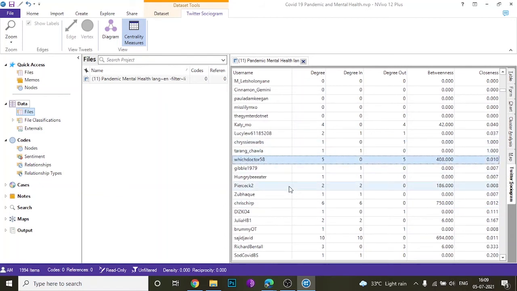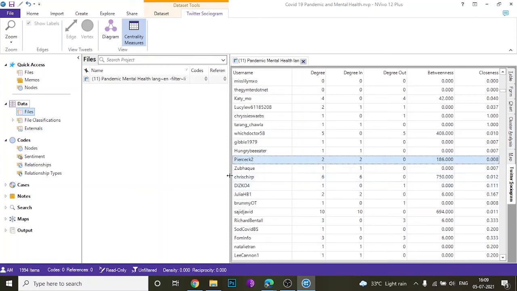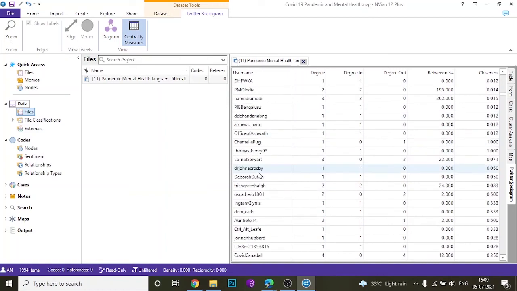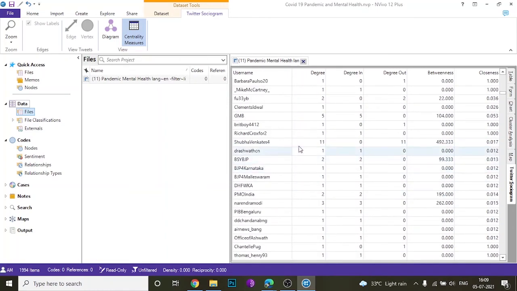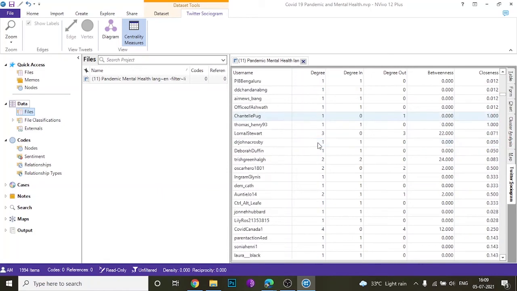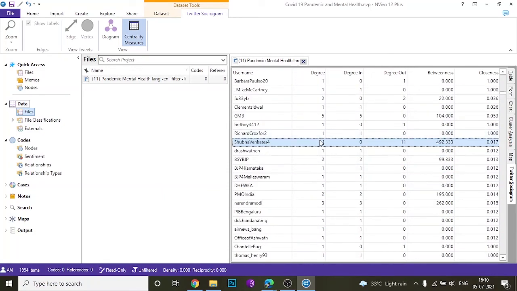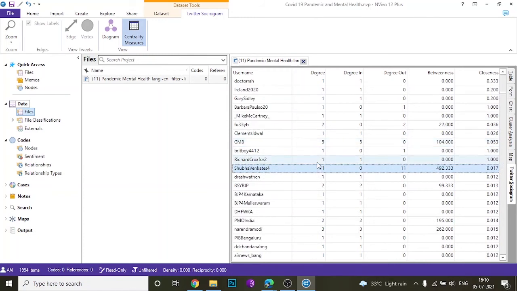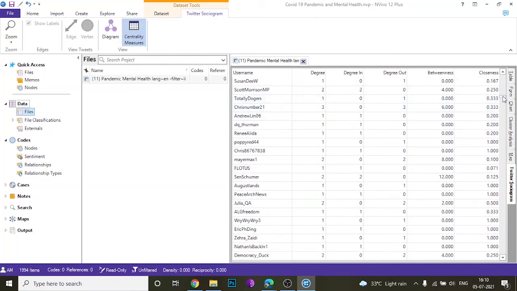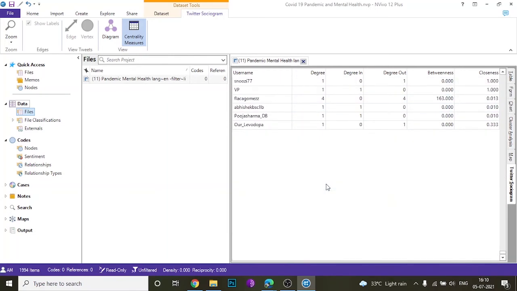The higher the degree is, the higher its effect on central measures. That means the more we will be able to identify from this data where most of the information has come from. So this is the data of the central tendency, where you can download it, export or print